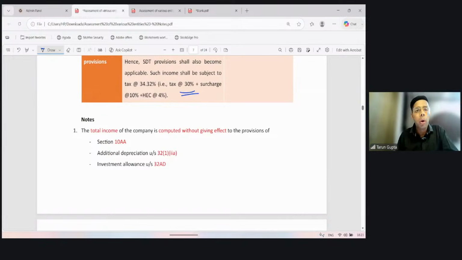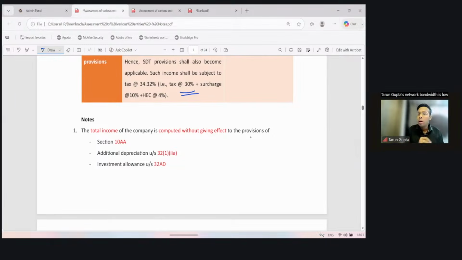Now, how is the income computed for both the purposes: 115BAB, the 15% company, and 115BAA, the 22% company. Total income is computed without giving effect to the following, meaning these deductions or exemptions are not allowed: Section 10AA, SEZ, additional appreciation